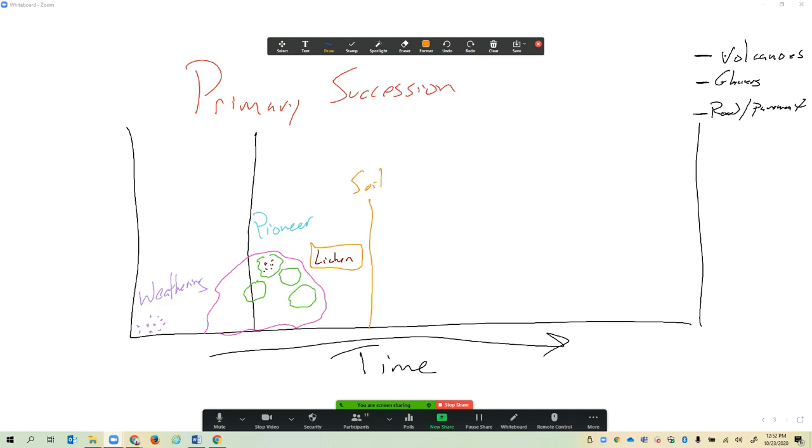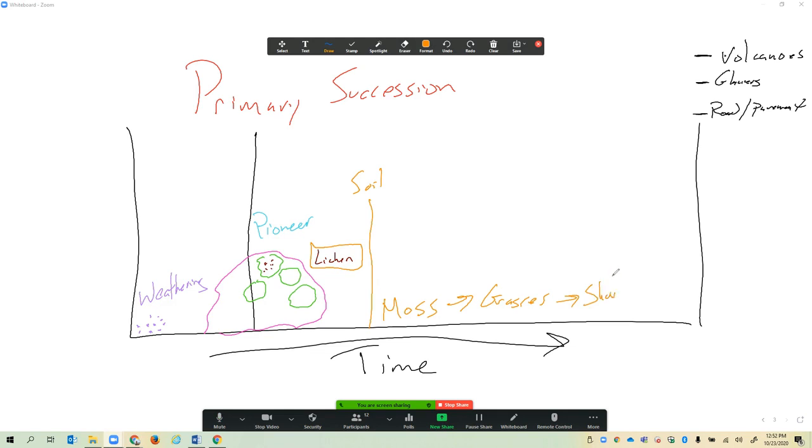What's the most basic type of plant we have? The simplest type of plant. It has no vascular system. What's our simplest type of plant? Mosses. So moss comes in now. So moss starts to grow, and then eventually it will lead to grasses. So grasses will then eventually form,